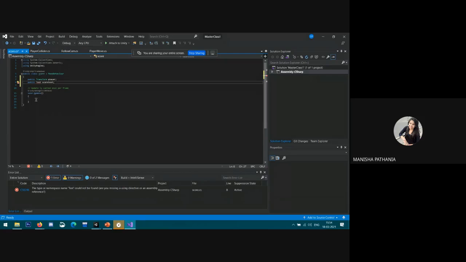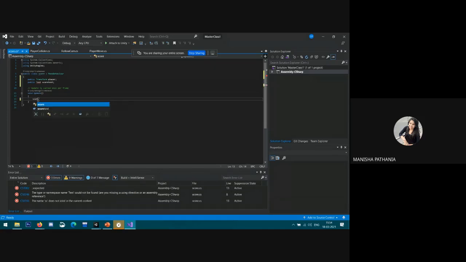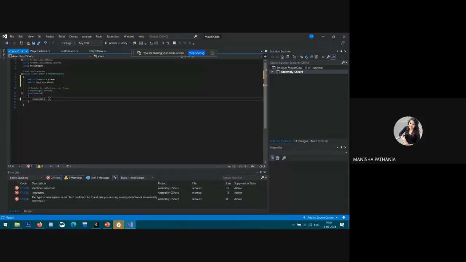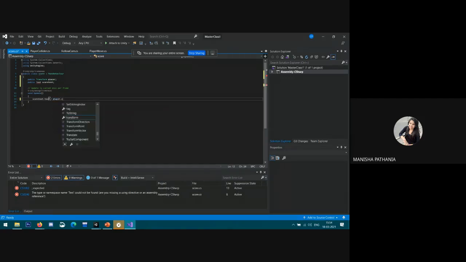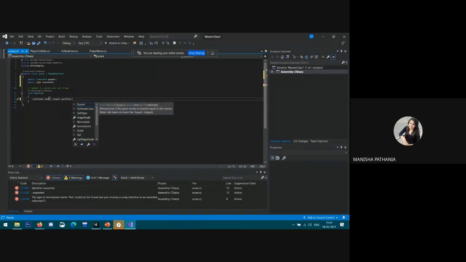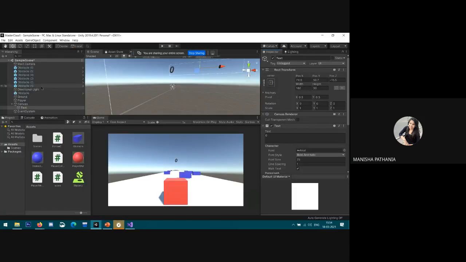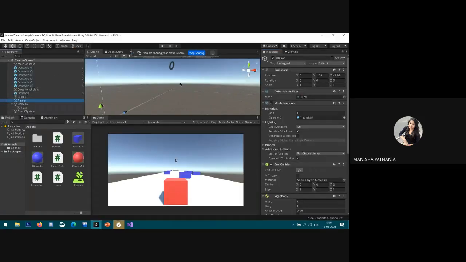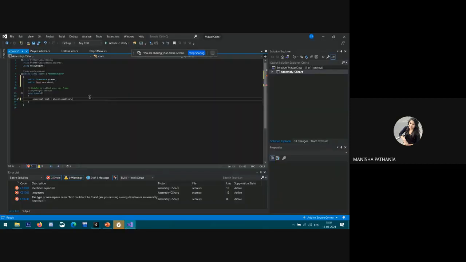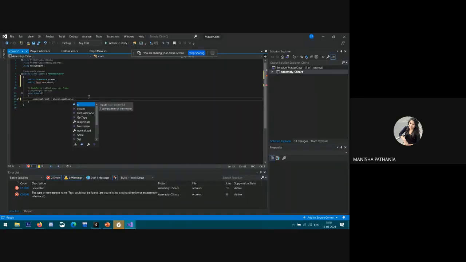Okay, so in update function, what we need to do is scoreText, this scoreText that I already declared, dot text equal to player dot position dot, here I need to write z.